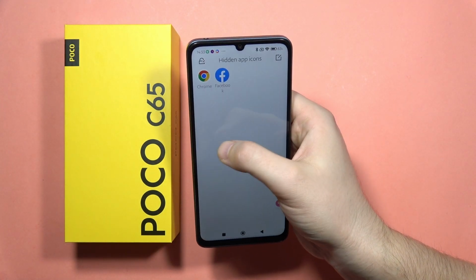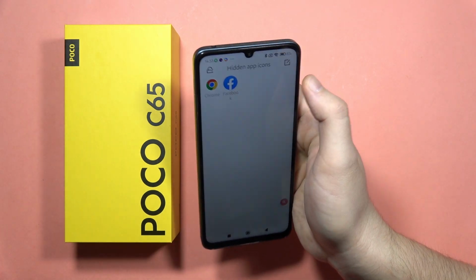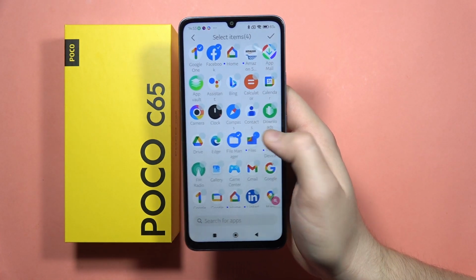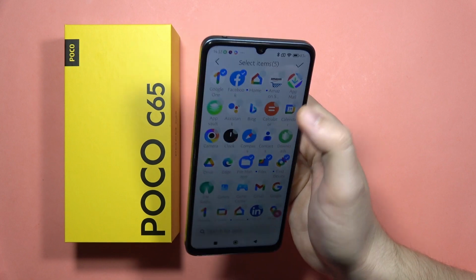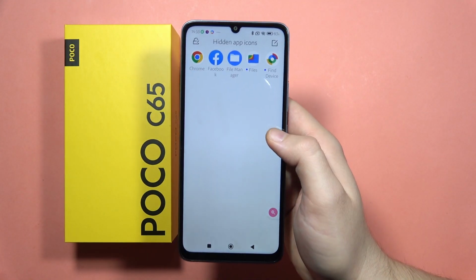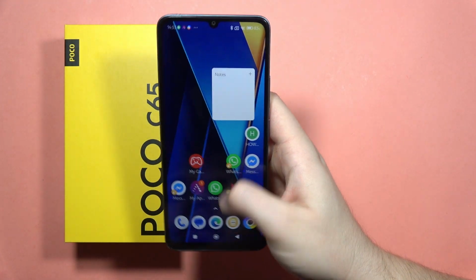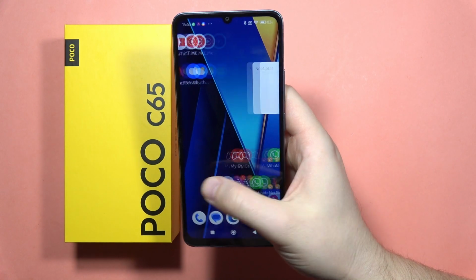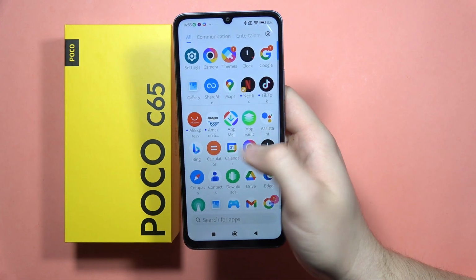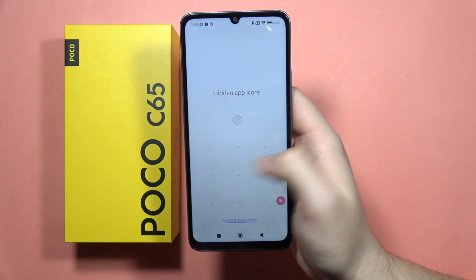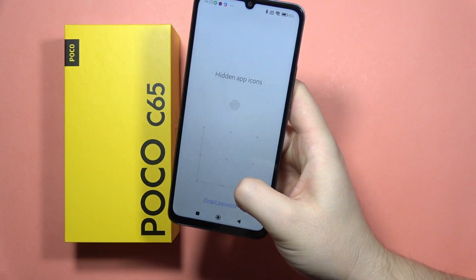And if you want to add additional icons here, click right here. Just select them by tapping on this wheel in the right upper corner and click on the switcher to confirm. And now when you go back from this one, this application doesn't appear anymore on the home screen or in the app drawer, but you will get access by knowing this secret gesture and going into the